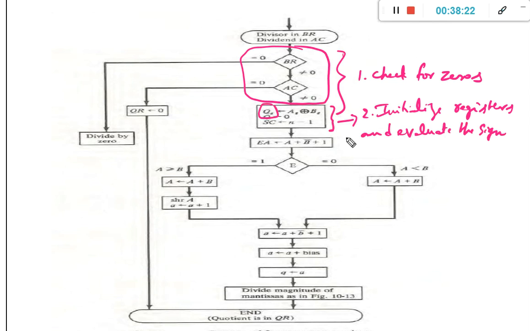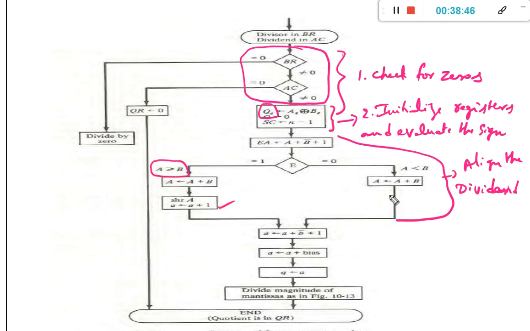Then step number 3 is align the dividend. In this step we are going to align the dividend based on the values of A and B. If A is greater than B, then perform the alignment operation.